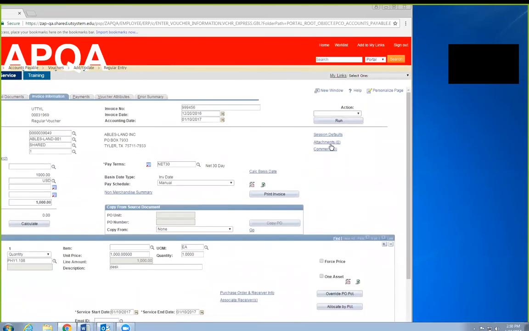Oh, there. Okay. Ta-da! Magically appears. You're just missing part of the screen. Okay. So